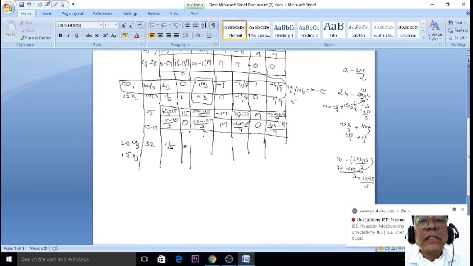0 divided by 10 by 3 is 0. 10 divided by 3. 1 minus 1 divided by 10 by 3, minus 3 by 10, and 4 minus 4 by 9 divided by 10 by 3. Understand? So that is minus 3 by 10. Next, 2 by 15. Next, 1 divided by 10 by 3 is equal to 3 by 10. Next, minus 4 by 9 divided by 10 by 3 is 2 by 15, so minus 2 by 15.